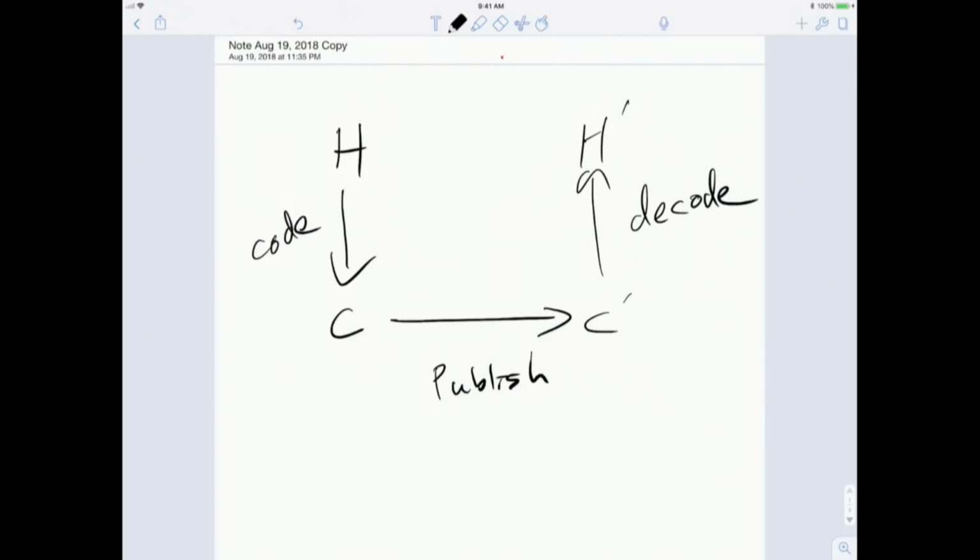A lot of attention gets placed on this publish stage. There's a lot of stuff that we can see and that goes on once things are codified. So think about printing with movable type. This is a big change in publication. Or think of the internet and search. So it's very tempting to focus most of our attention, and I think in my own work, I've tended to focus most of my attention on this publishing process, where it's already codified, you get extra copies, you make them available to people. The point I want to make today is the coding step is very important because it influences the decoding step,